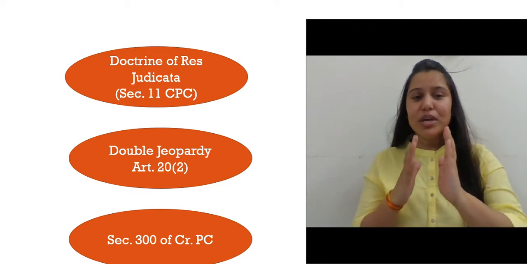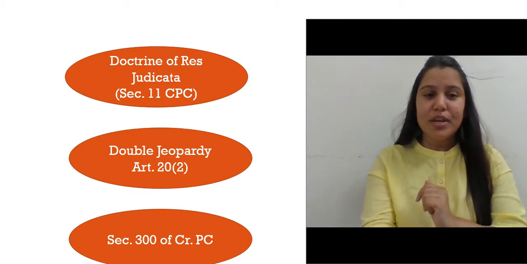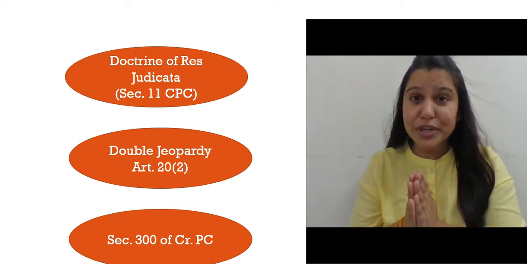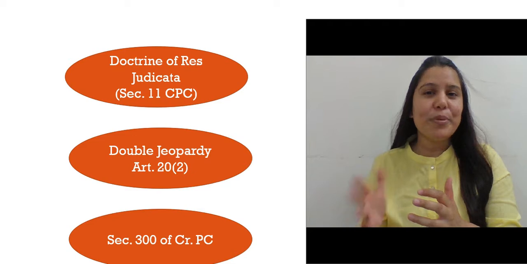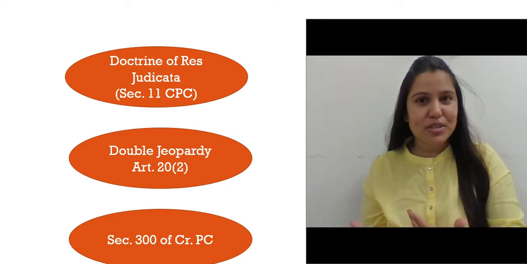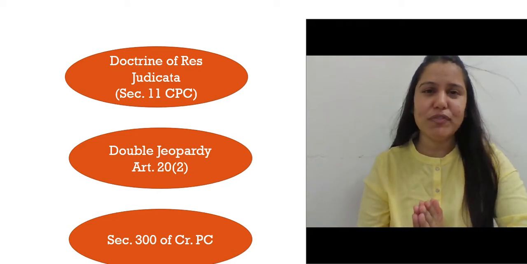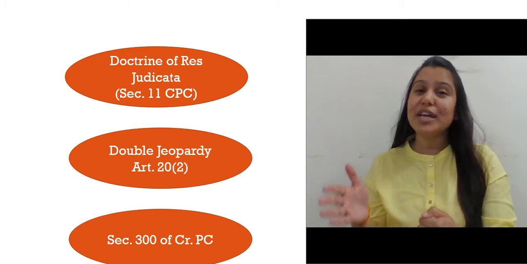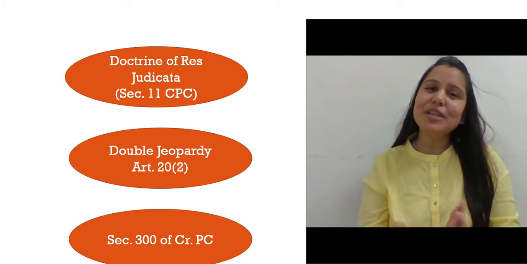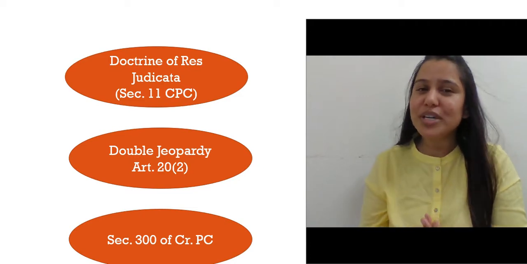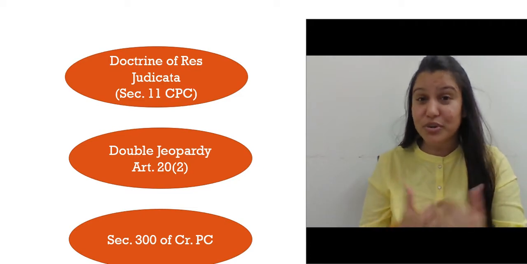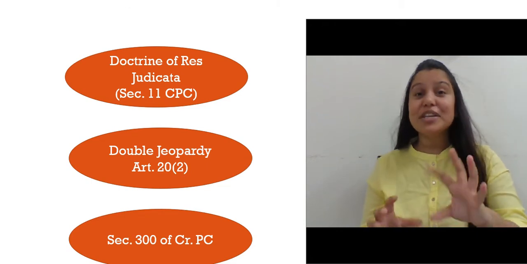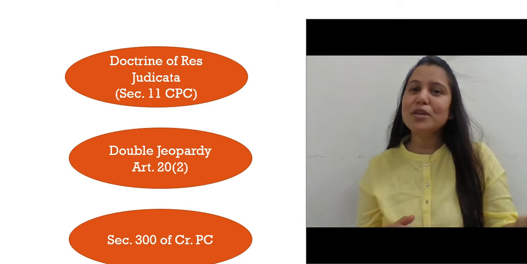When it comes to the doctrine of res judicata, it bars a present suit on certain grounds. The provision of this very section is trying to say that the present suit is barred because there had been a previous suit. What does res judicata mean? It is a doctrine mentioned under section 11 of the Civil Procedure Code, which says there has to be a previous suit,